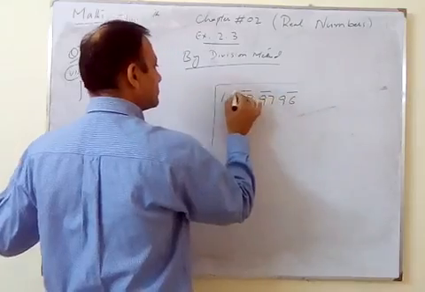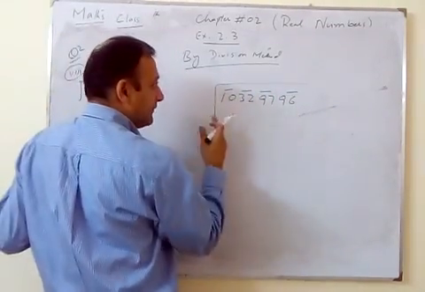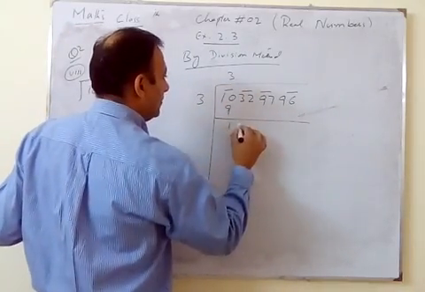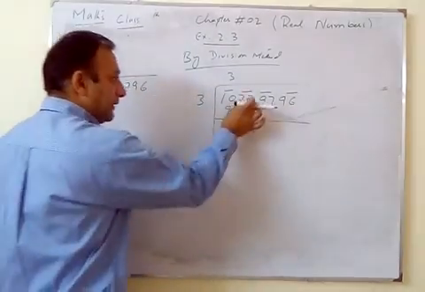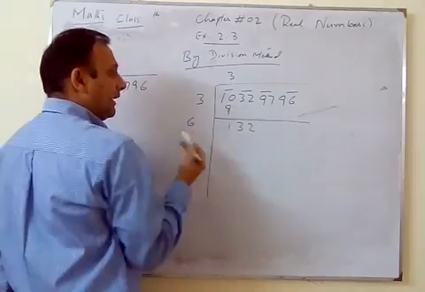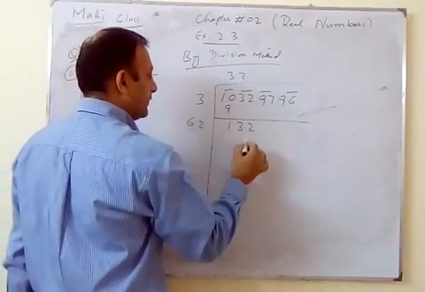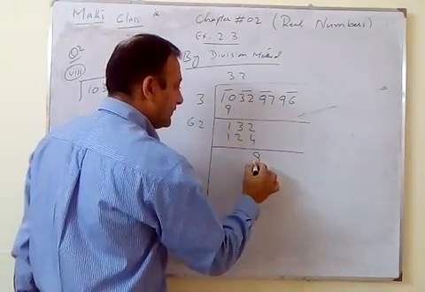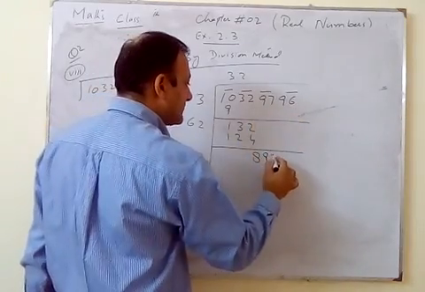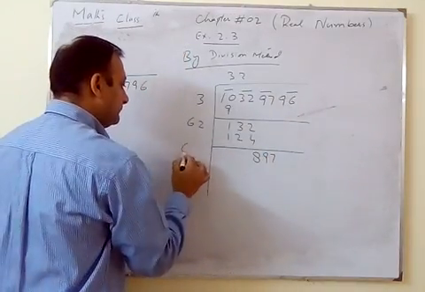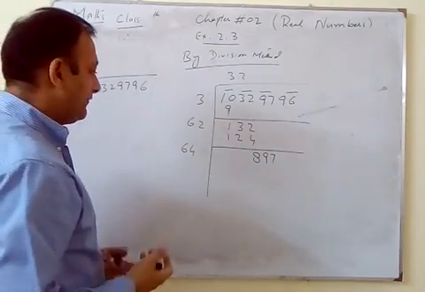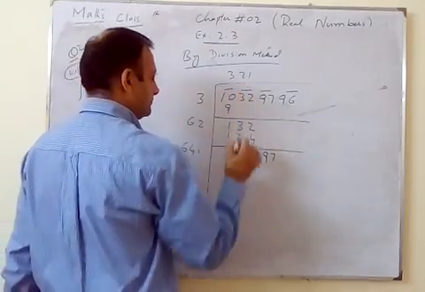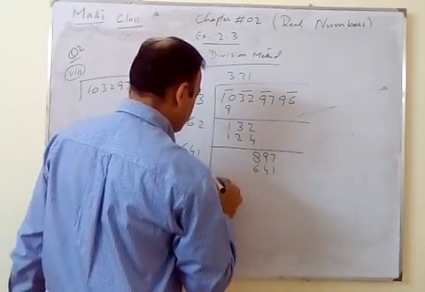10329796. Make the pairs from right to left. 10 by 3, 9 1 3 2. Bring the complete pair. Make it double again, by 2, 4, 124, 8. Bring this complete pair 97. Make it double by 1. If we take 2, it will be greater than 800. So 641.